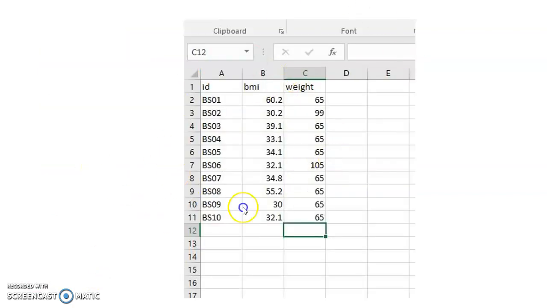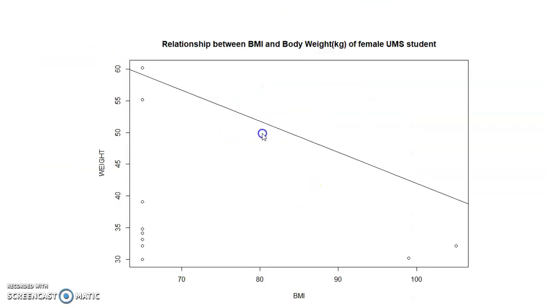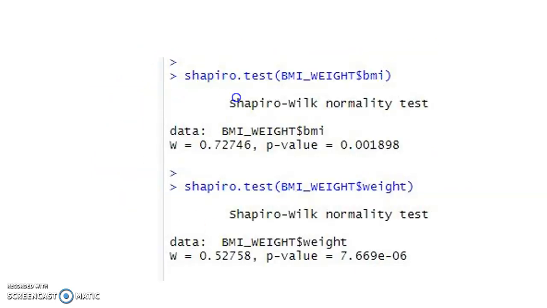This is the data that has been collected from this experiment, and this is the plot that I have done. For the normality test, I used the Shapiro test. For the BMI, the p-value is 0.01898, lower than 0.05,